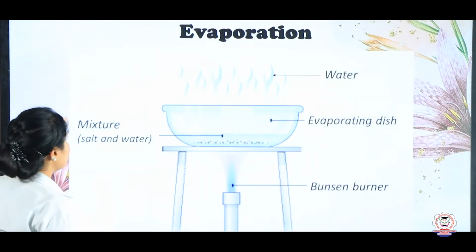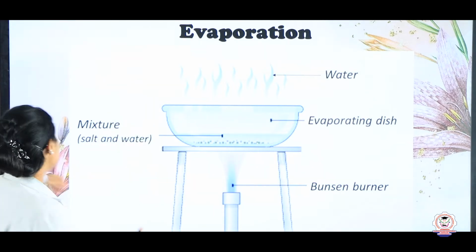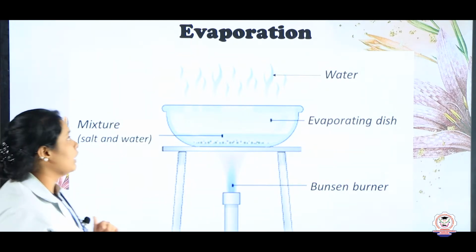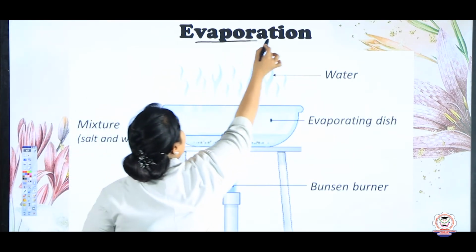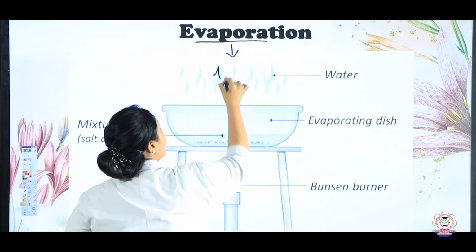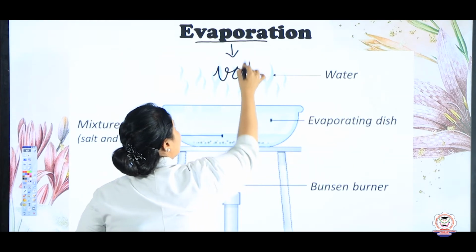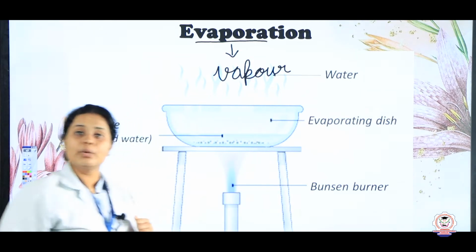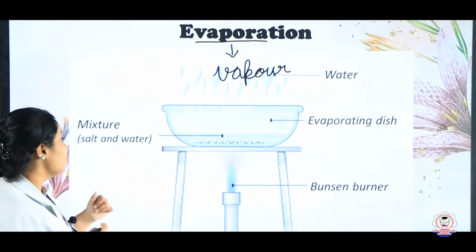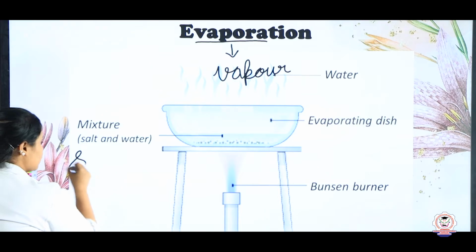So now let's see what is the first process. So the first one is known as evaporation. See children, evaporation comes from the name vapor. So here vapor will be formed. Okay. So here what we are doing is, for example, we have a mixture of salt